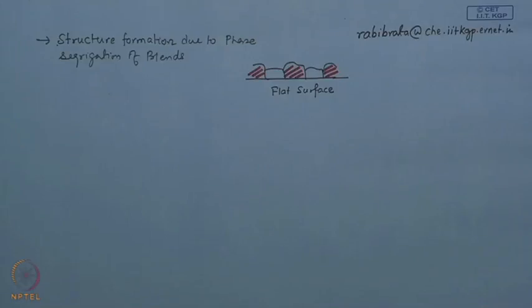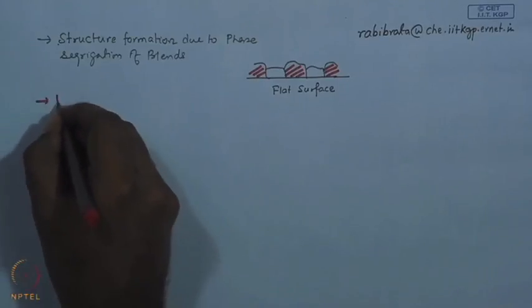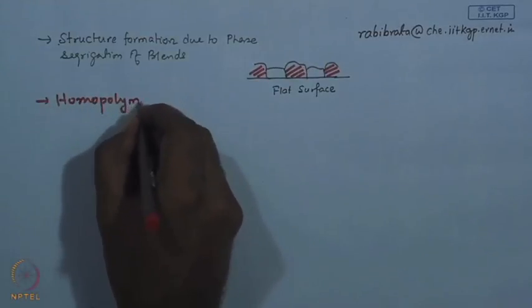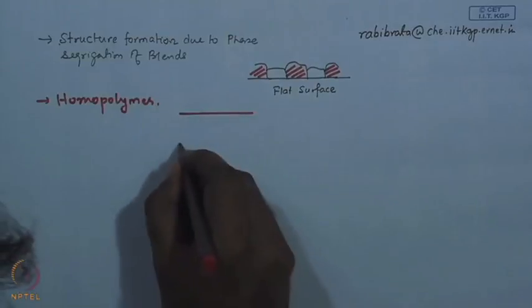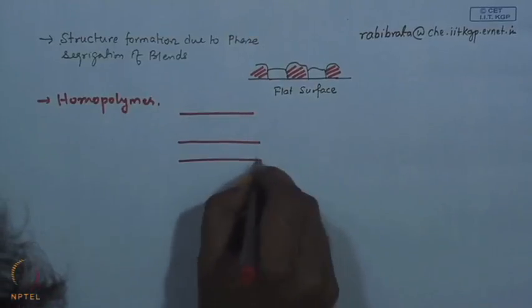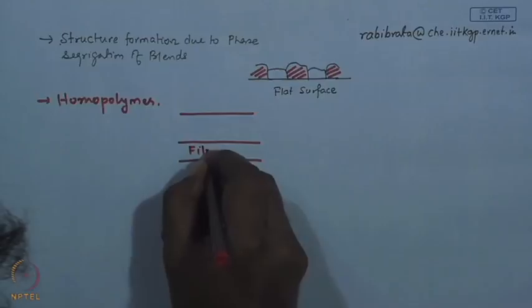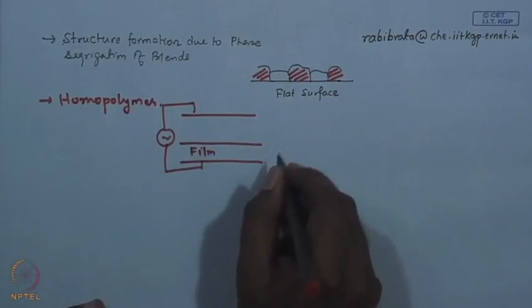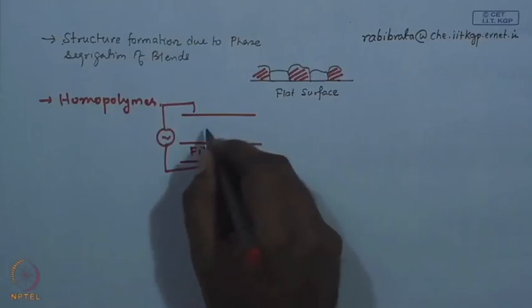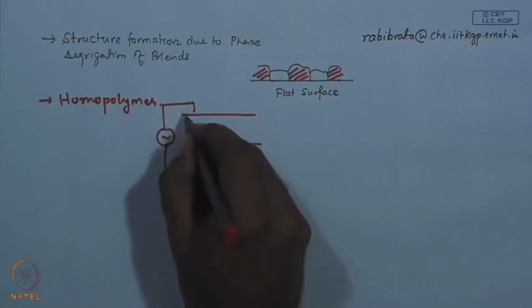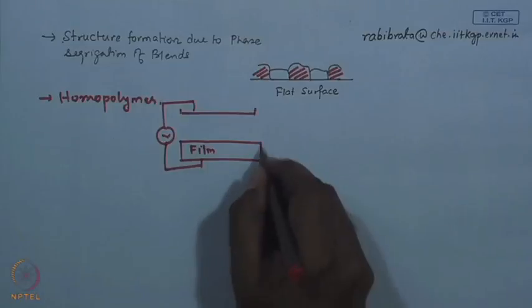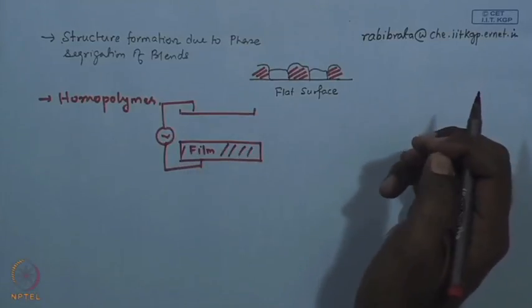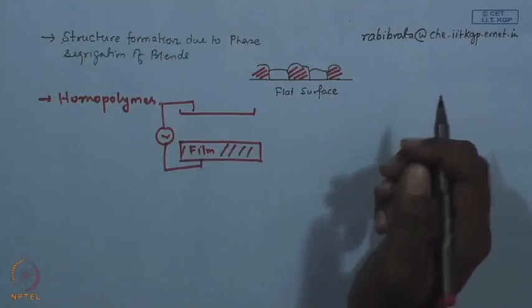Then even with a homopolymer, something which I did not talk about but is very common, is an external field mediated instability. So, you have a film and you apply an electric field, let us say, across this film, with an air gap. The configuration is pretty similar to elastic contact instability, but the only difference is that in an elastic contact instability the